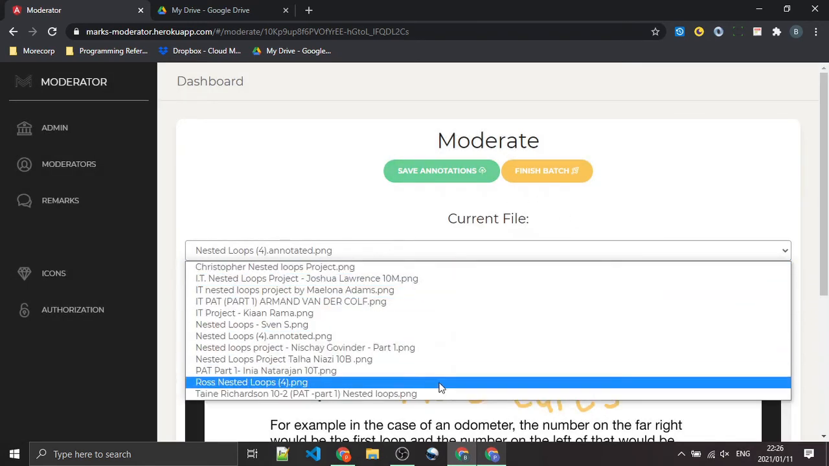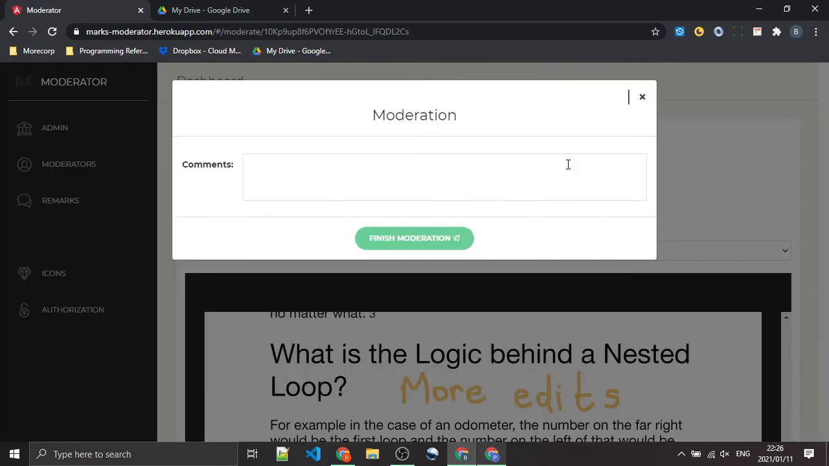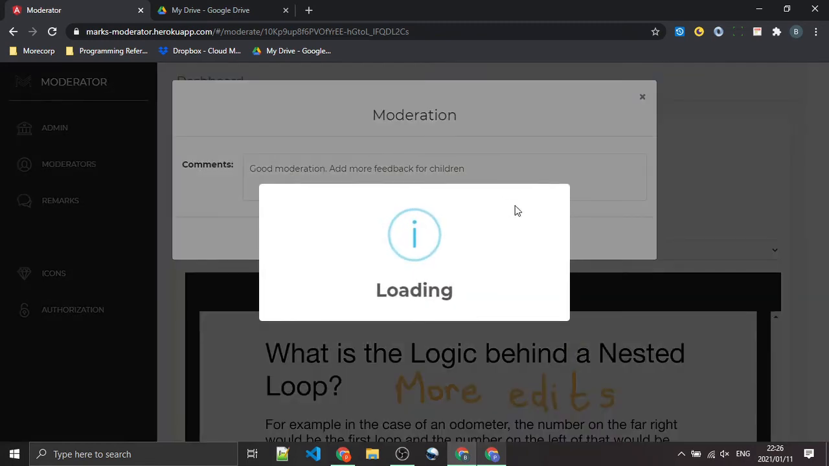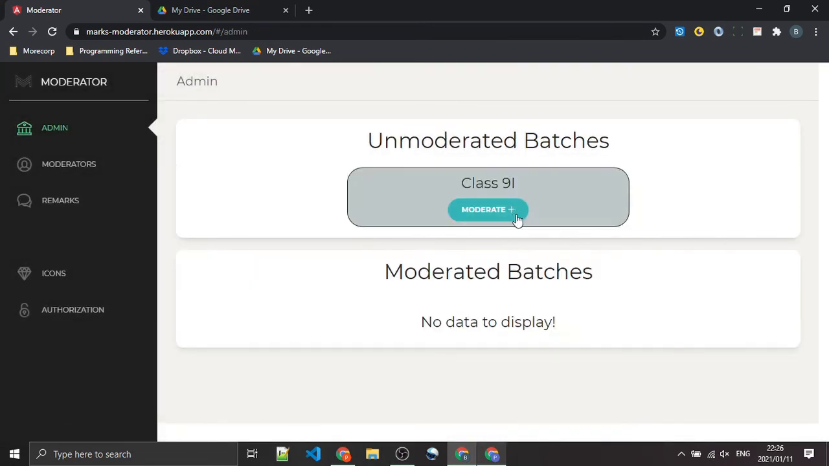So you're going to go through the batch and moderate at random or whatever. Eventually you're going to finish and then add comments on the batch. So again, we just have to